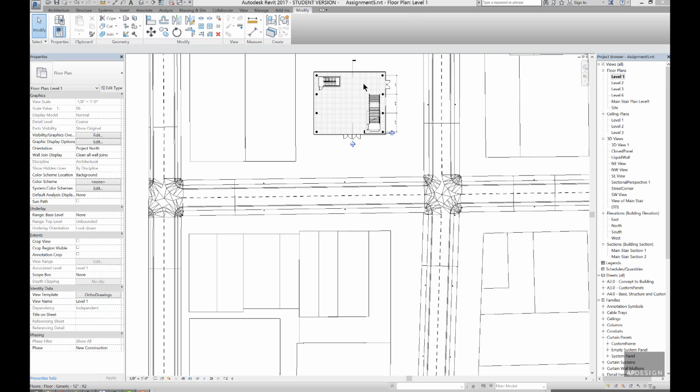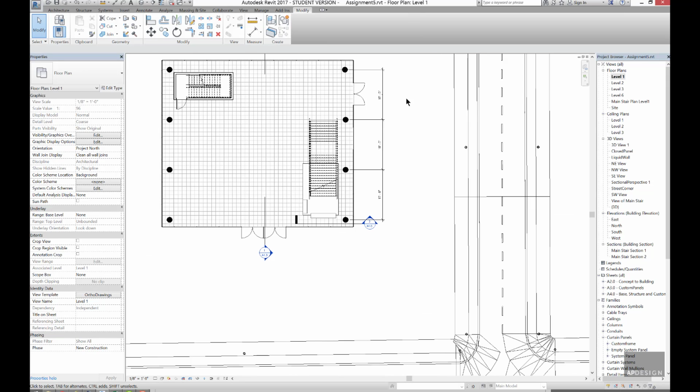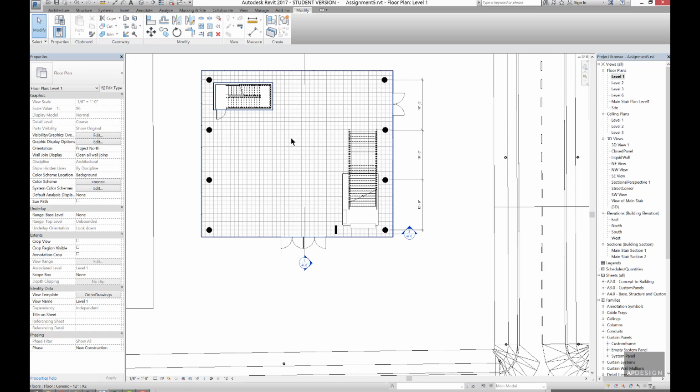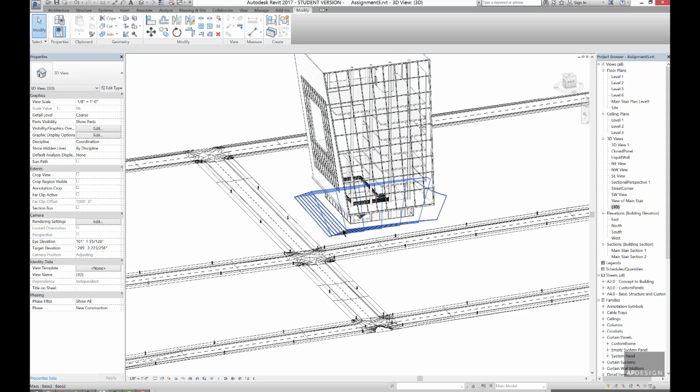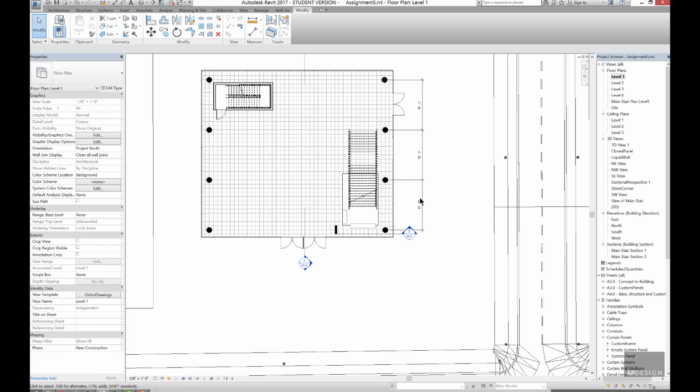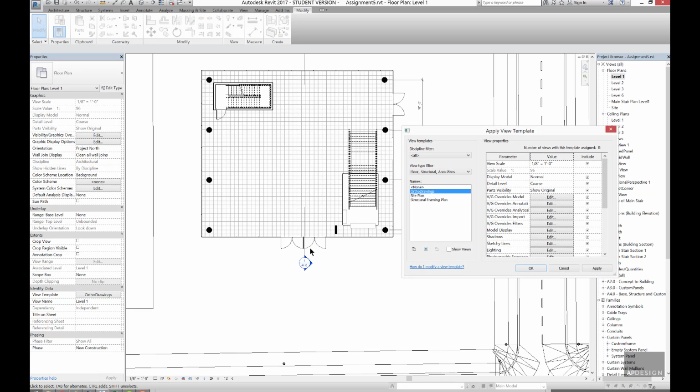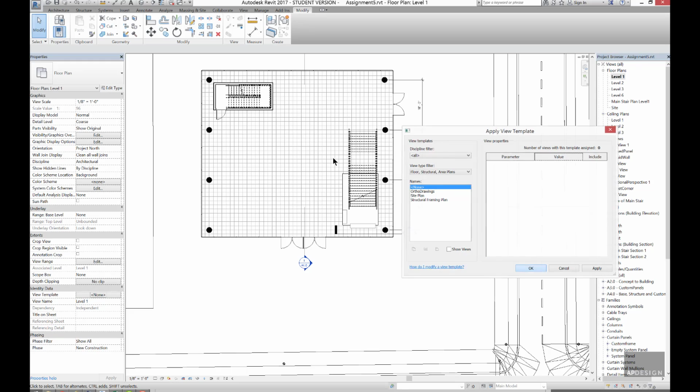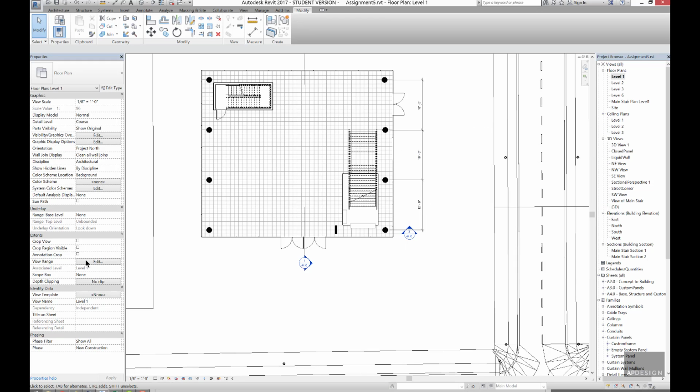Alright, so other things that I've noticed while getting these plans ready is that I don't see the base, this piece that we brought in from Rhino. So I think what's going on is that it's the view range. I'm going to quickly just turn this off from orthographics so we can see kind of how you'd normally do it. But here's the view range, and you can edit this,